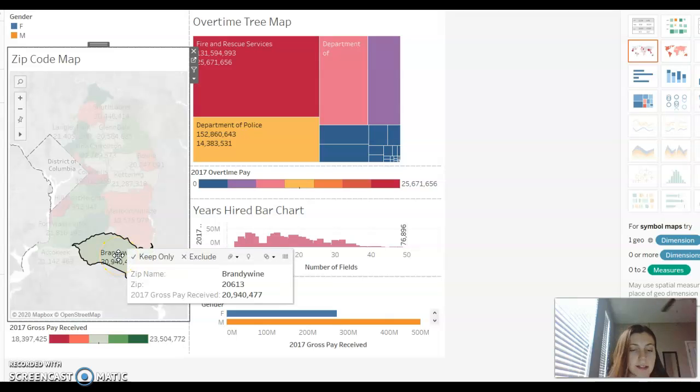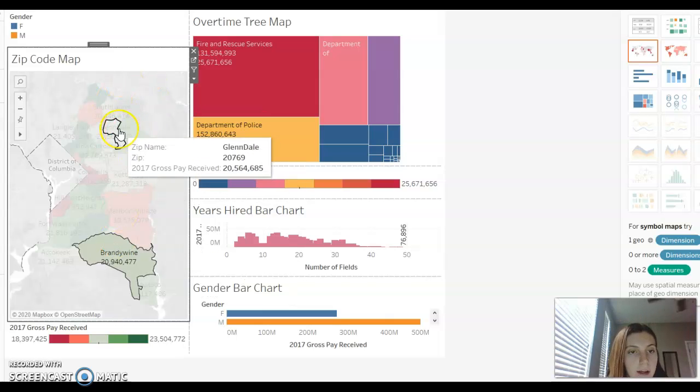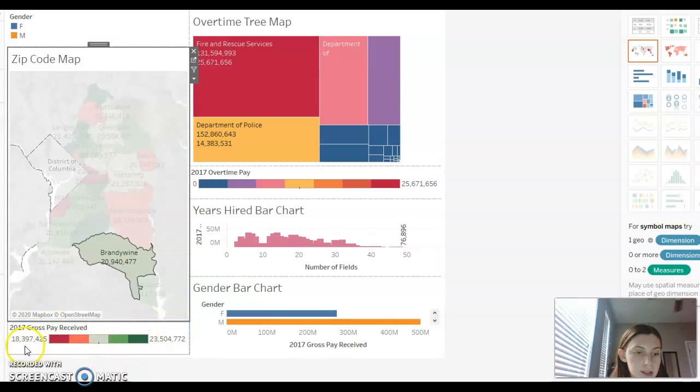So for this example, it's Brandywine. The zip code is 20613, and the 2017 gross pay received is $20,940,477. And it goes all the way till Glendale, which is the zip code 20769, and the 2017 gross pay received is $20,564,685. So I included this little key at the bottom going from $18,397,425 all the way up to